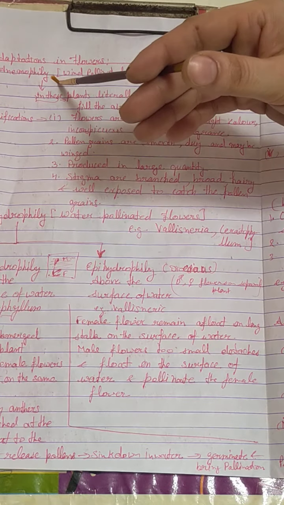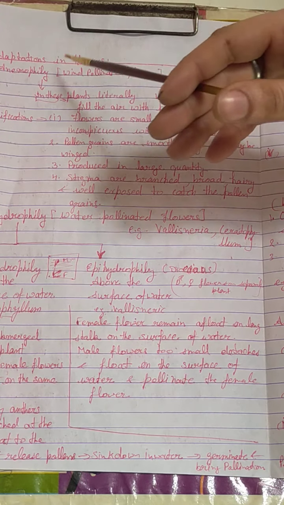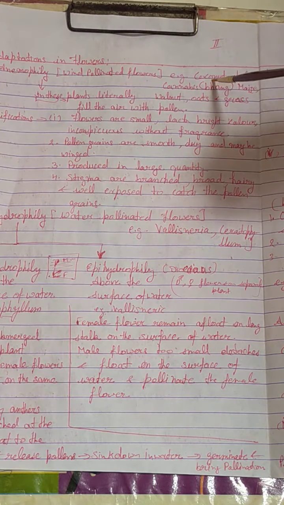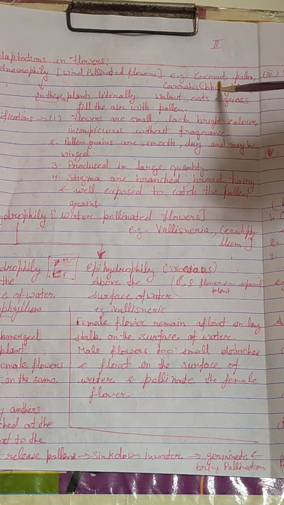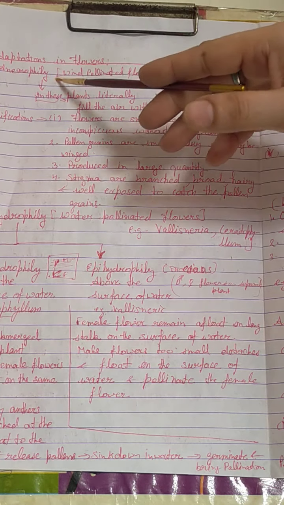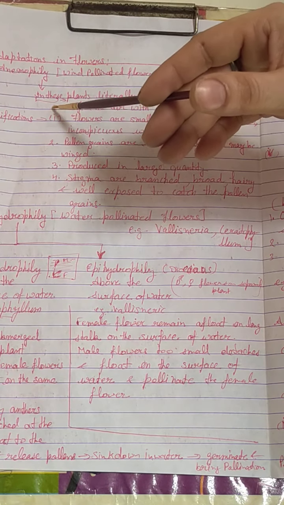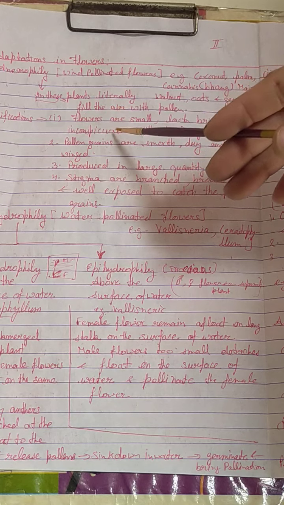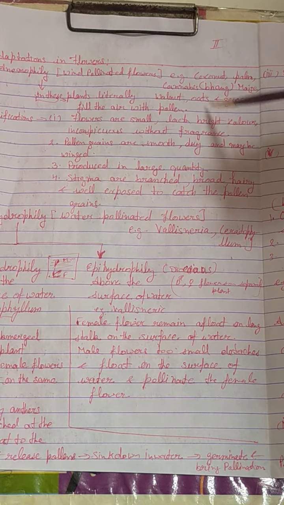First, in case of anemophily, the flowers or plants which are pollinated by wind, examples are coconut, palm, maize, walnut, oats and grass. These are some examples of flowers that are pollinated by wind. And what are the modifications in these flowers? The adaptations for wind pollination are that, first, these flowers are small and lack bright color, because for wind pollination there is